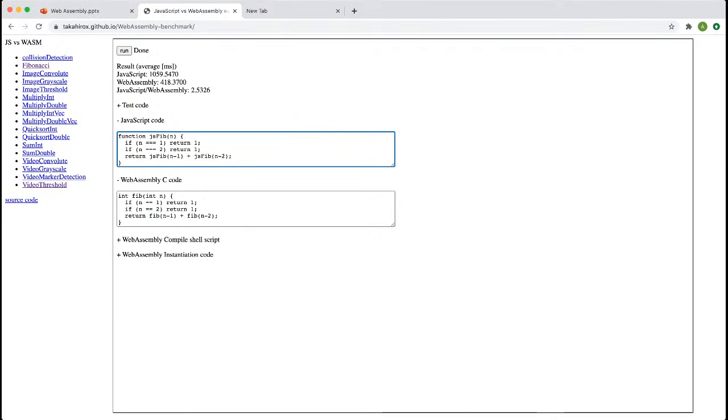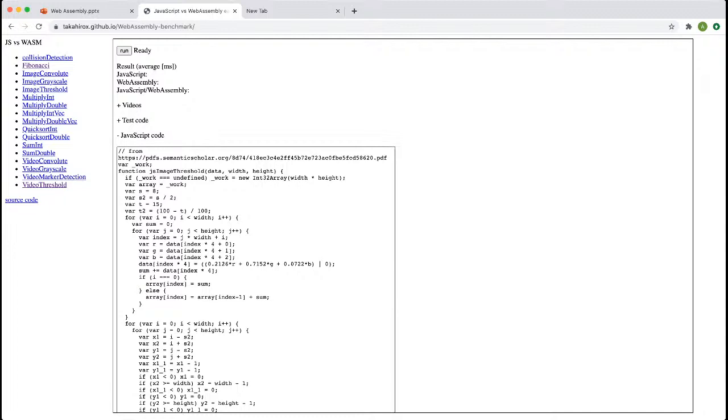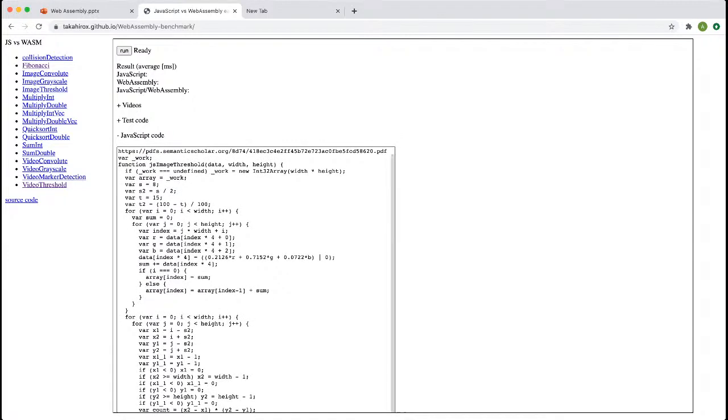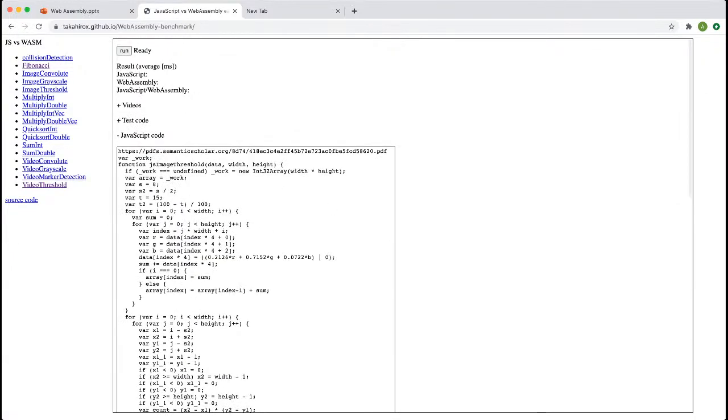Now if I go to video threshold manipulation, they have code written in JavaScript to handle a video threshold manipulation, and then code which does the same thing with WebAssembly. If I run the test, JavaScript is taking a time which is a little bit lower than WebAssembly.